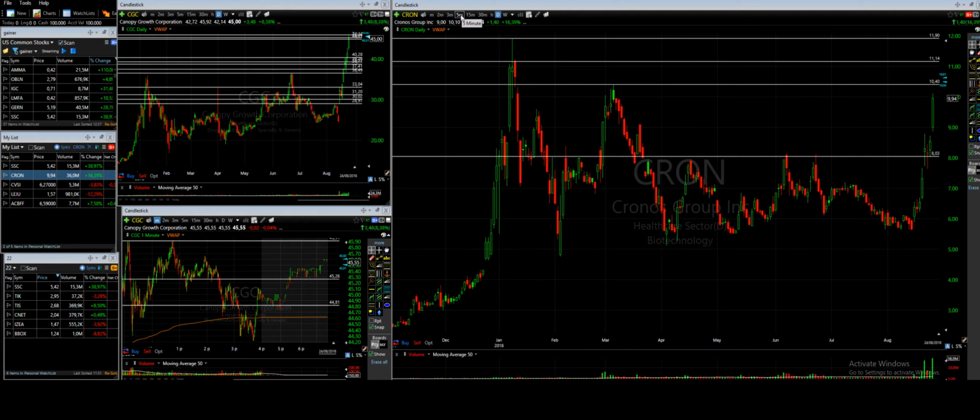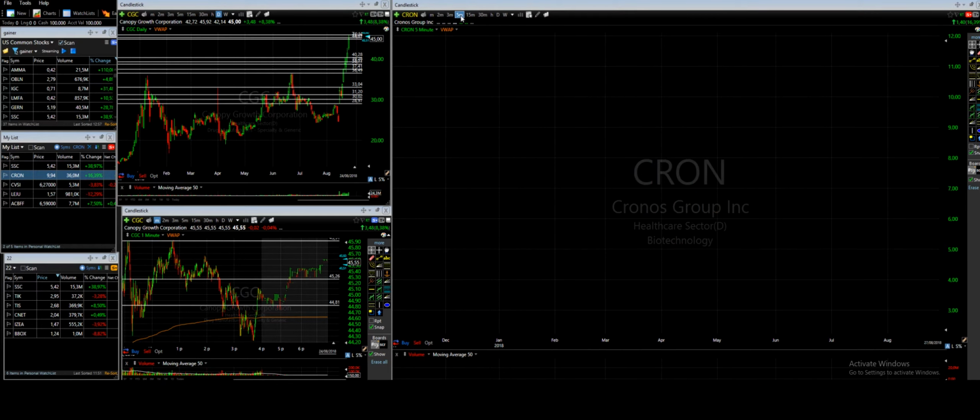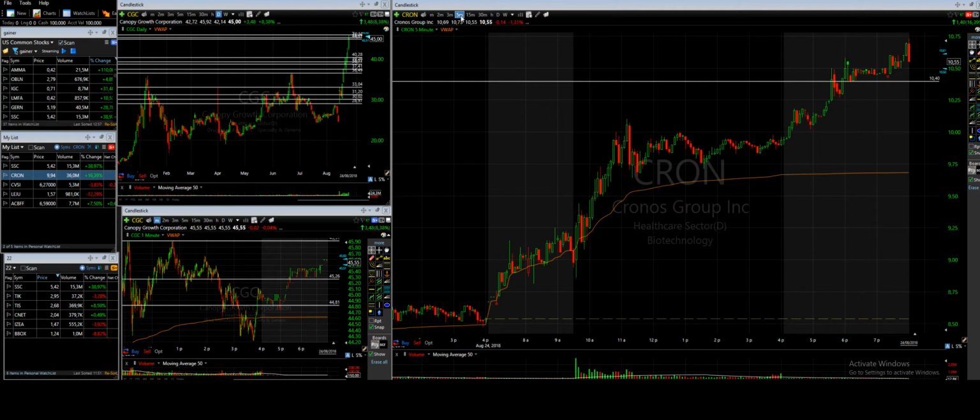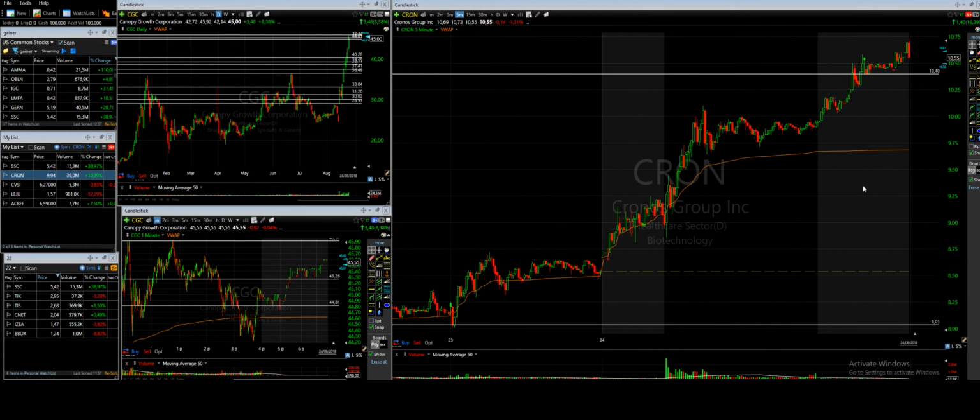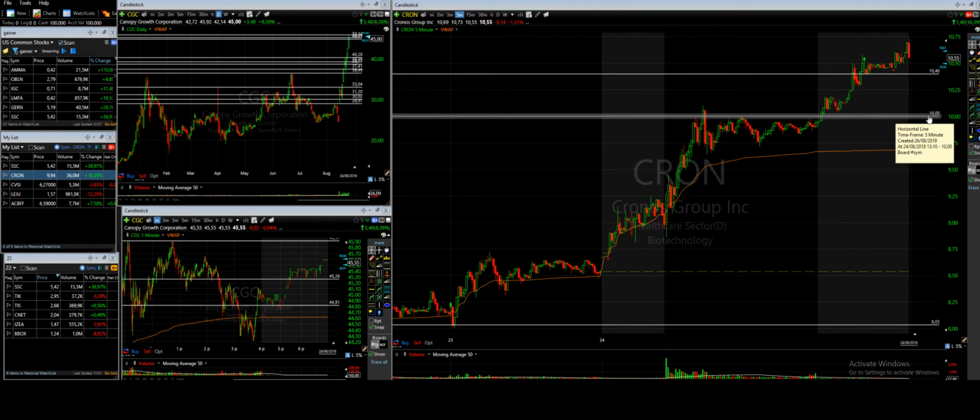1190 is just too close to a whole number for me to put my risk there. I'd rather look at the $12 area. Other than that, I'm gonna be careful on this one, because on the intraday chart we got big support, which is also the whole number of $10, which will probably act as support. So if we do crash down towards 10, I maybe also look for a dip buy on it,